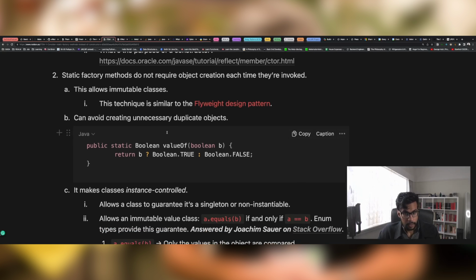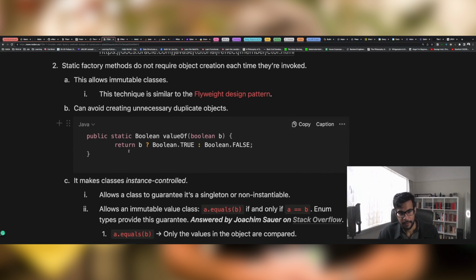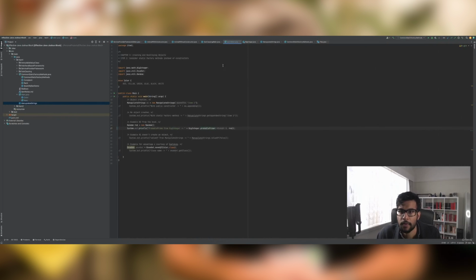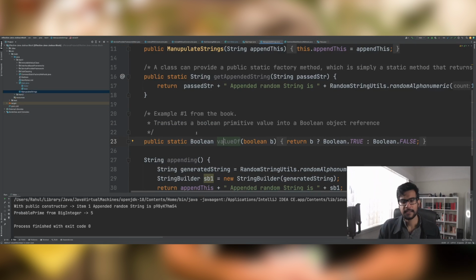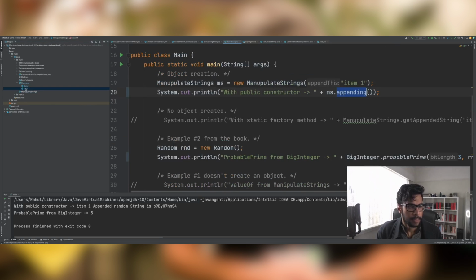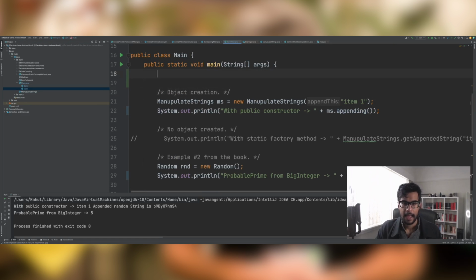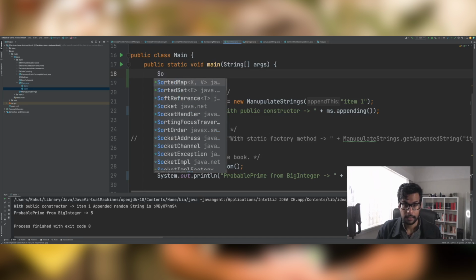The example that we can use here is, in fact, this little method that I created. It's an example from the book, which was this method right here. It's this simple method that I created called valueOf. So if I want to use this method, and this method is in this class called ManipulateStrings, I don't have to create an instance of the class. Let me demonstrate. So for instance, if I go here, and if I want to print out something,